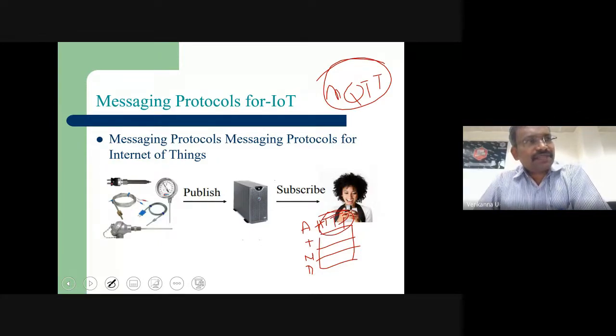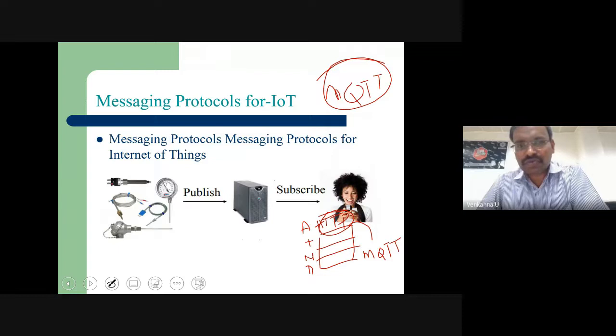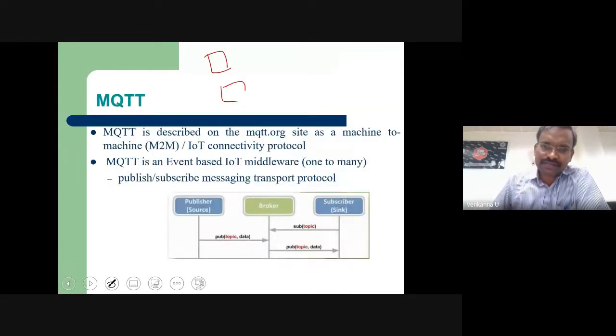But some researchers thought this Hypertext Transfer Protocol is very tough to practically implement in the IoT context. Then there is a scope for a lightweight application layer protocol, that is called MQTT, Message Queue Telemetry Transport Protocol.